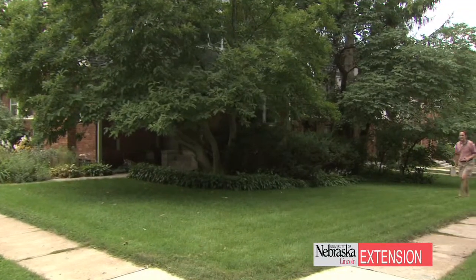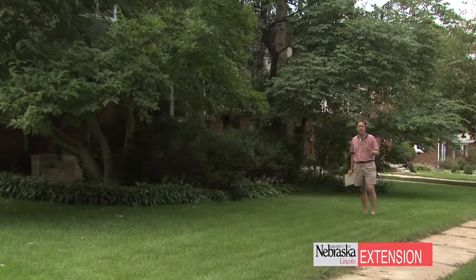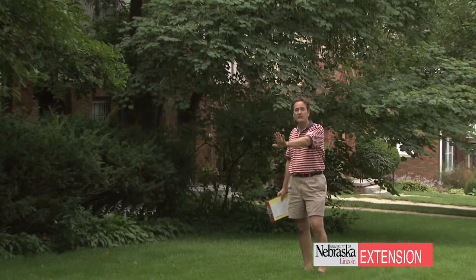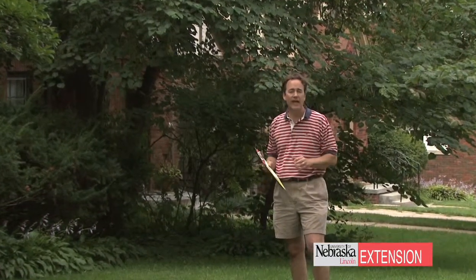The last thing we'll look at today is sun and shade. Obviously a very different environment than the one we looked at last week. Here we have big trees, medium-sized trees, older soils, a very different environment. Here we'll have morning sun and afternoon shade and those types of issues to really consider as you move throughout